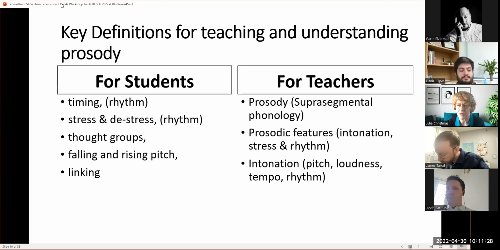thing that exists. For teachers, we need to know what suprasegmental phonology means, which is just prosody, and the prosodic features: intonation, stress, and rhythm. And you need to understand how intonation, how pitch, and the loudness and the tempo and the rhythm affect comprehensibility and affect the meaning of what we say. And I'm going to break these down for us